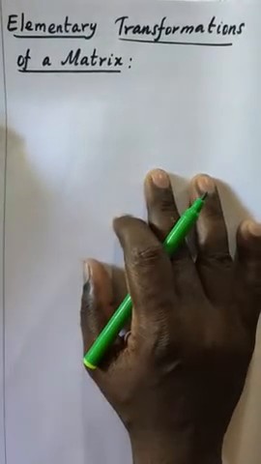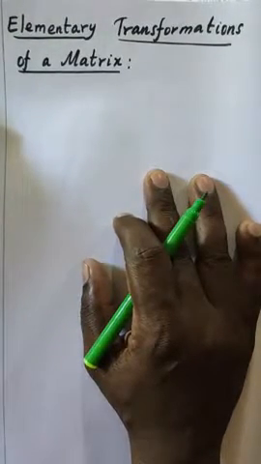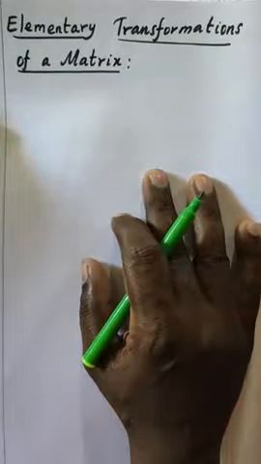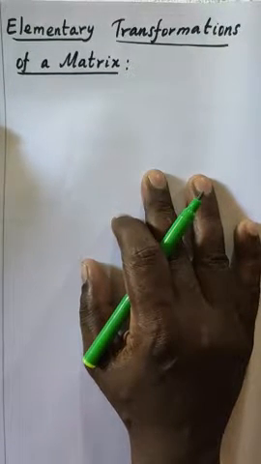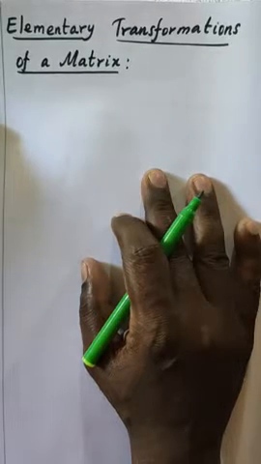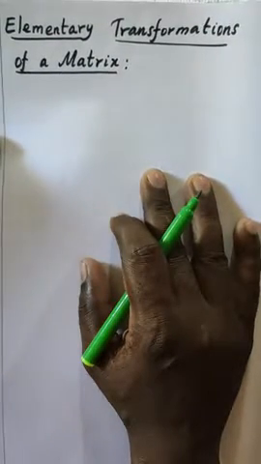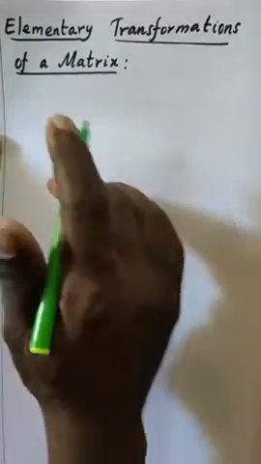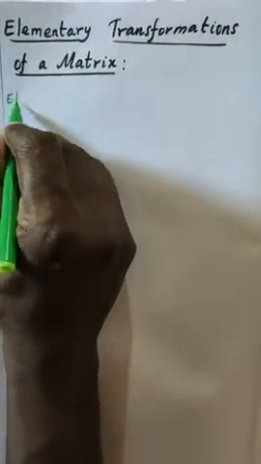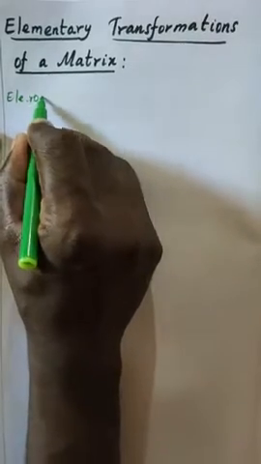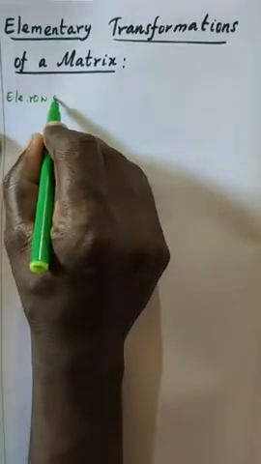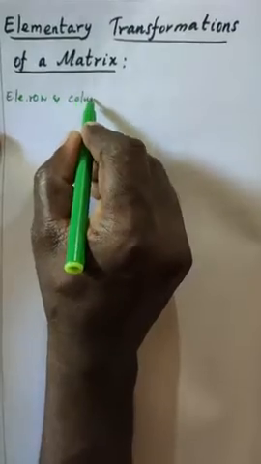Elementary transformation of a matrix. A matrix can be transformed to another matrix by certain operations called elementary operations, and the elementary operations are row and column operations. The elementary row and column operations are